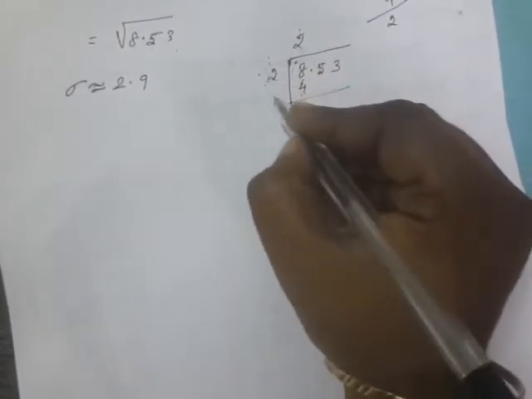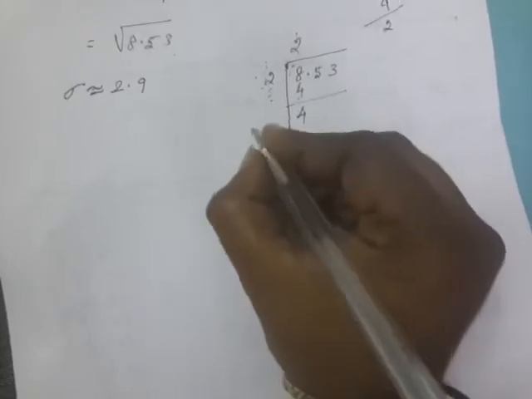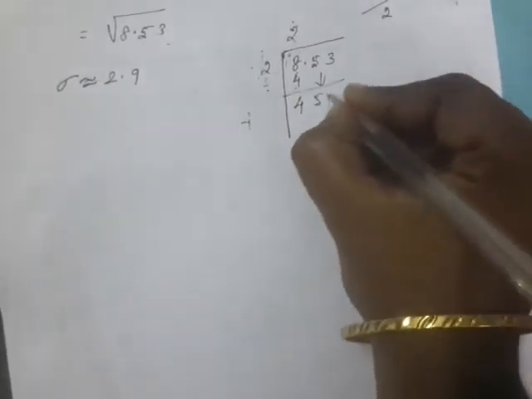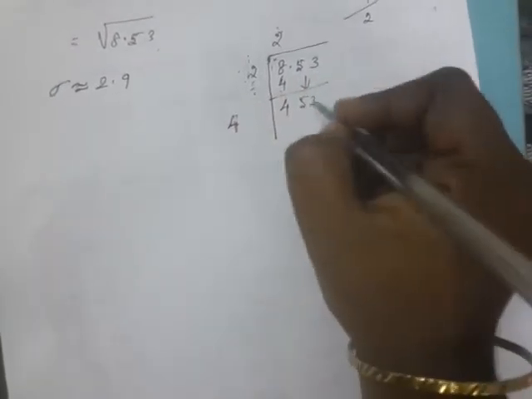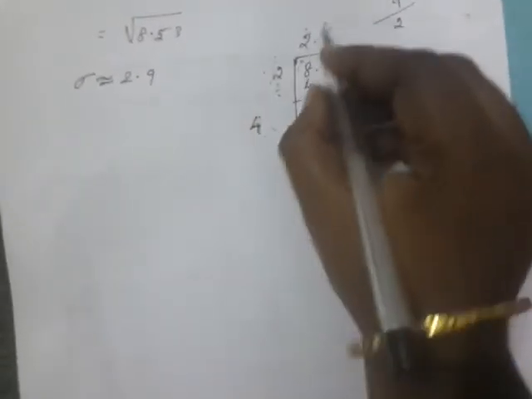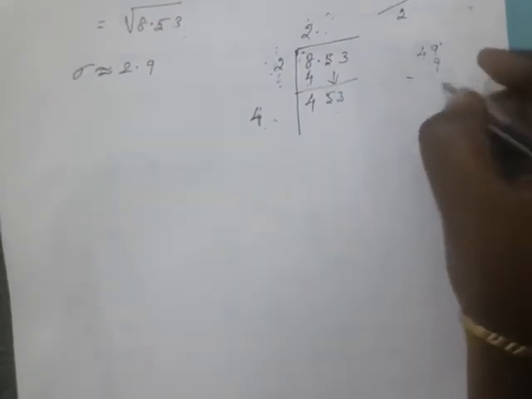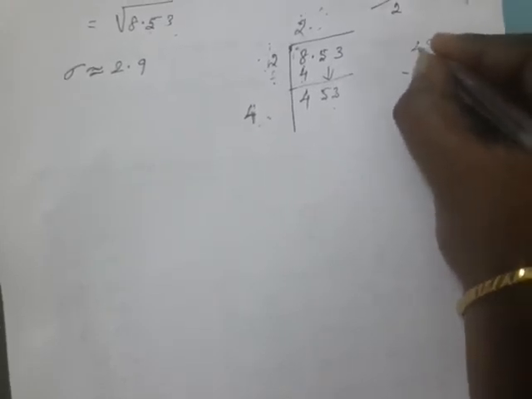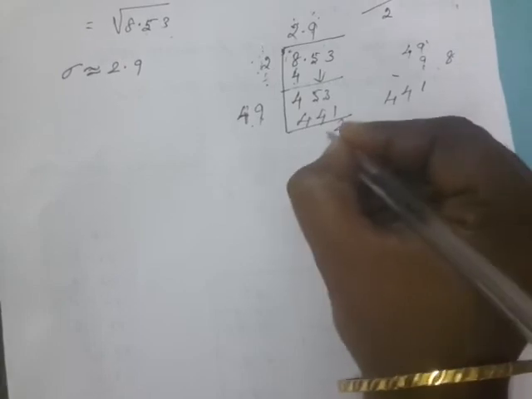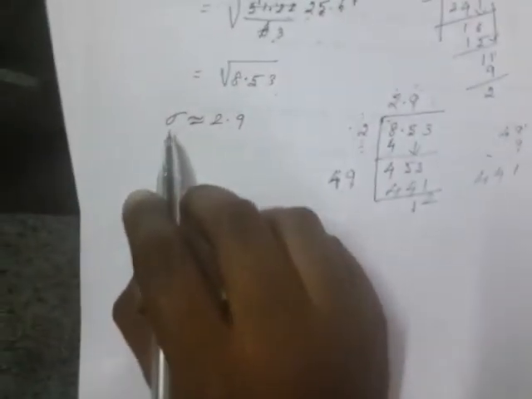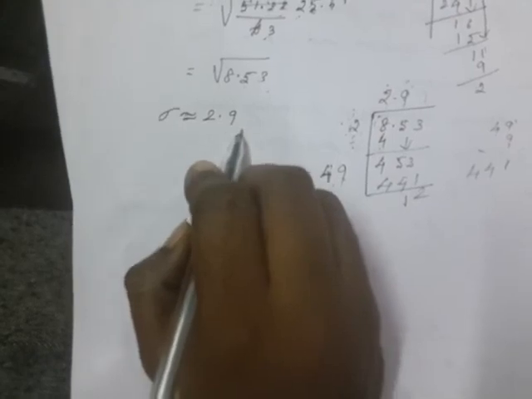The same number you have to write down and add: 2 plus 2, 4. In normal division you drop down 1 digit; in the long division method you have to drop down 2 digits. Here a point is there. So within that, what value will come? 49 9s: whatever value we write here, the same value you have to write there also. 9 9s are 81, remaining 8. 4 9s are 36, 36 plus 8, 44. So 9, here also 9. 441, 2, 1. So you stop there. Here itself, the sigma value is approximately 2.9. Okay, thank you students.